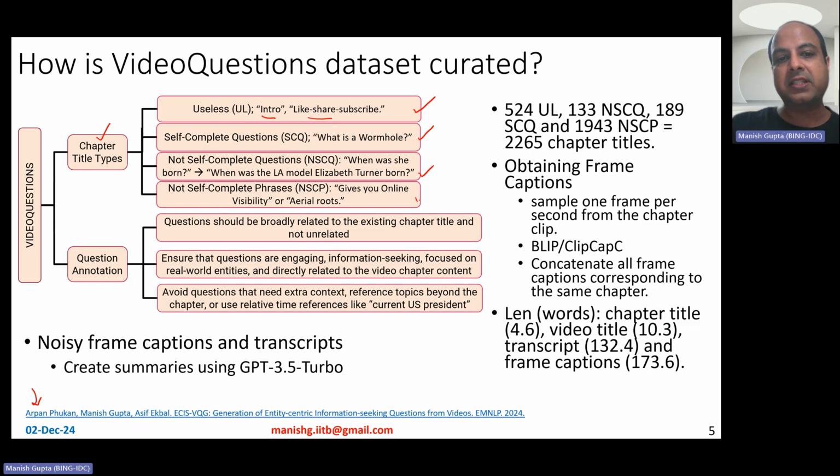And similarly, there are also not self-complete phrases like "gives you online visibility" or "aerial routes." You can combine it with some parts of the transcript, the video title, the video description, or any other context so as to come up with a nice question by itself. Okay. So that's that. And in our data set, after labeling, we observed that there are 524 useless chapter